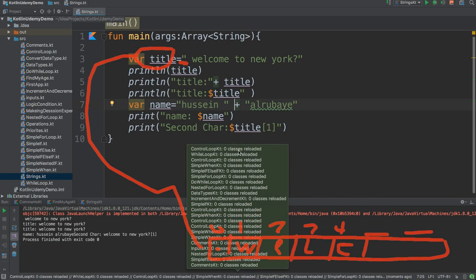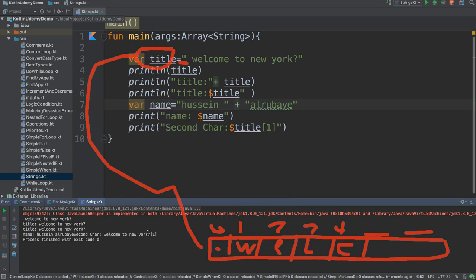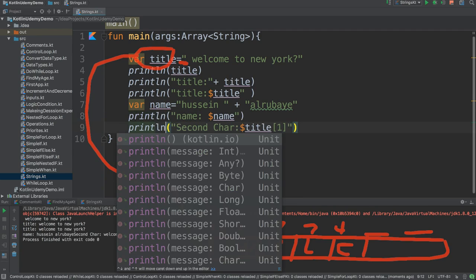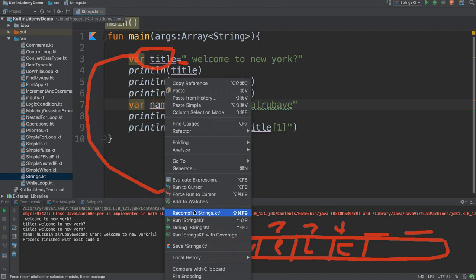Here we go. See, he was able here to print. He say, hey, welcome name. He printed the name, but here I have a print next to it, so he was able to show you. Let me just add a print line here, so you would see the difference between these two